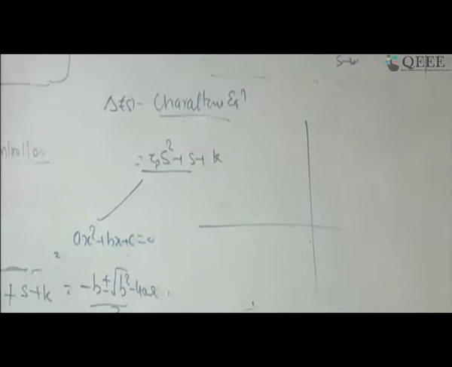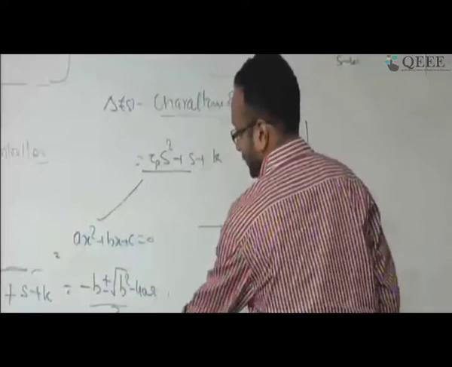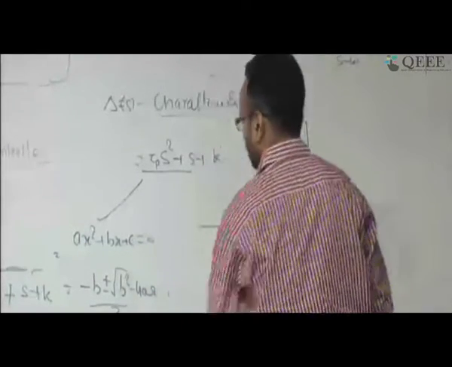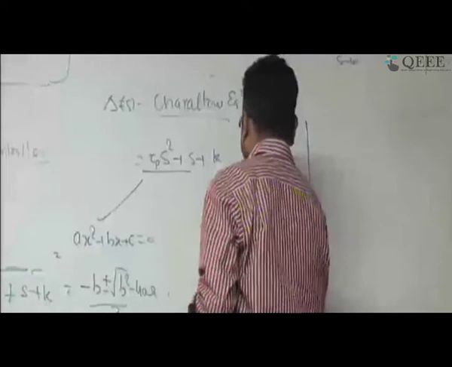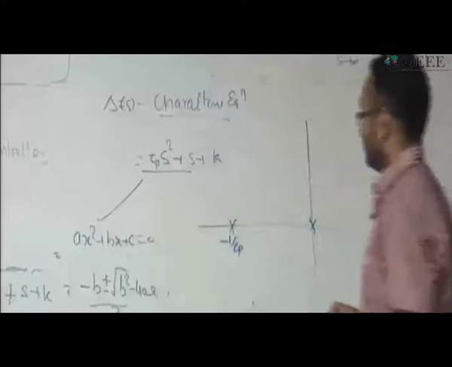Now k equal to 0. If you choose k equal to 0, then the square root term will be 1. So minus 1 plus minus 1 by 2 tau p. So there are going to be two roots. One root is going to be minus 1 by tau p, the other root is going to be 0.